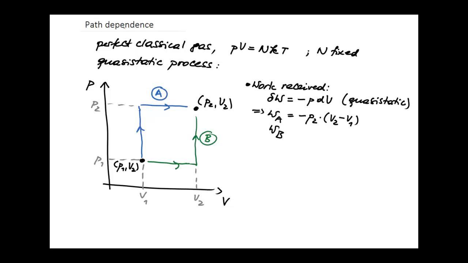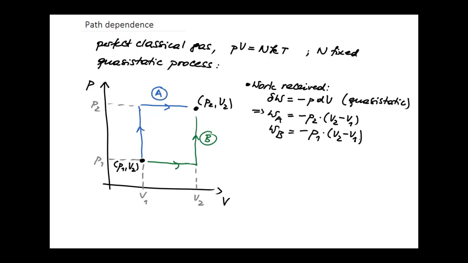So the expression minus P dV is again easily integrated because the P is constant, it's P1, and the integral over dV is again the difference of the volumes. So we have minus P1 times the difference of the volumes. And then when we go up vertically, this happens at constant volume V2, so the volume doesn't change anymore and there's no mechanical work involved. So that's it. This is the work